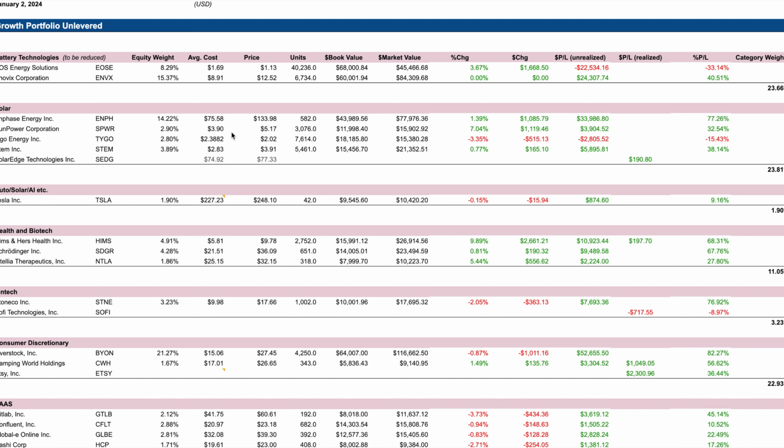I just don't see the benefit of holding a decent sized position. It's 2.9%, in part because of the growth there in the P&L. But I'd rather just roll that to something that I can be far more comfortable with, which, as you probably know by now, is Tesla, because it's a relatively small position here, and I want to have more conviction in it. Well, I do. That conviction is growing by the day as Tesla continues to deliver, and the technology just